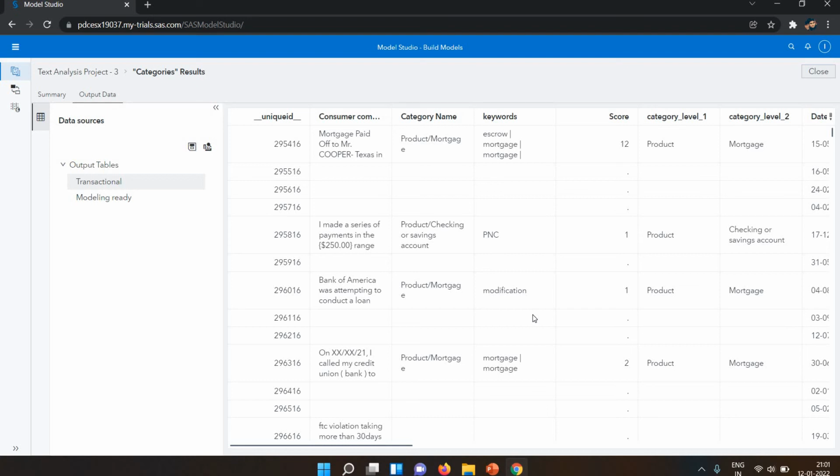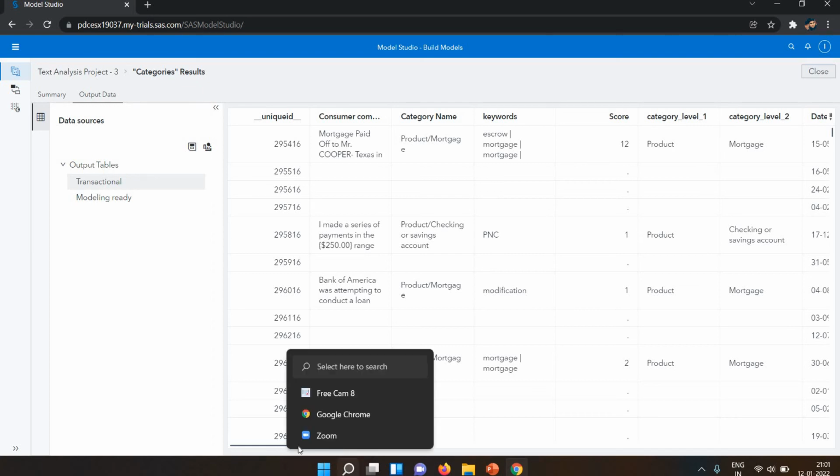Okay, so first we have the unique id, which is created by default, then we have the customer complaint narrative, then we have the category name. Now you can see we have the product and mortgage, we have the keywords. Okay, so this is a keyword, this is a score, we have category level 1, category level 2.